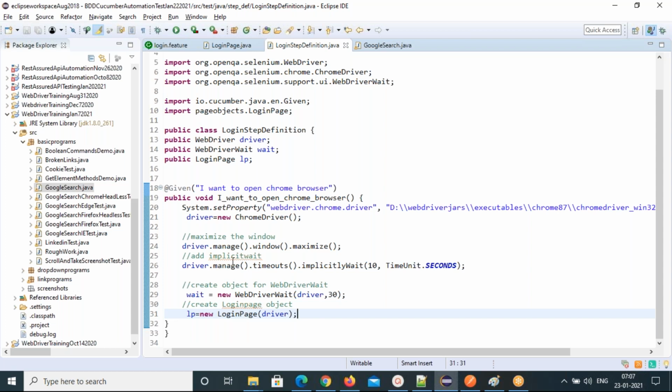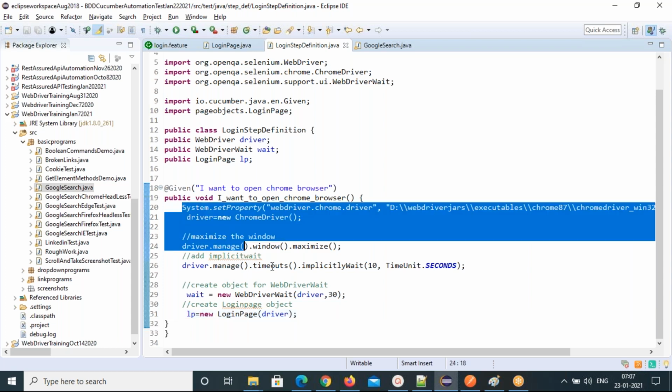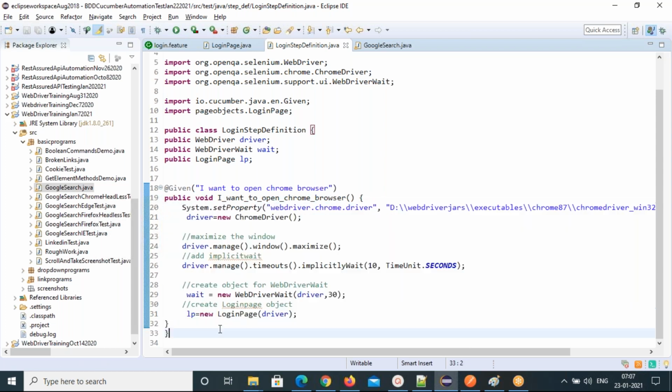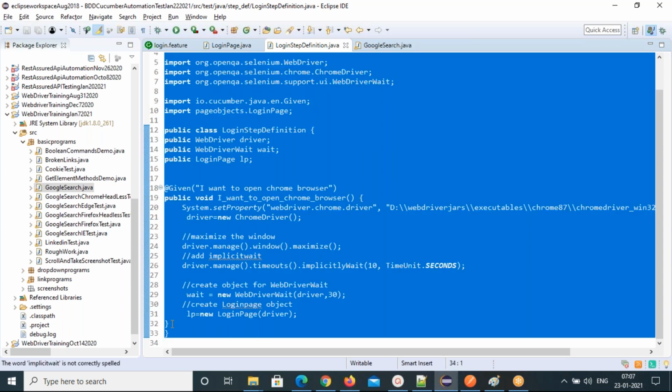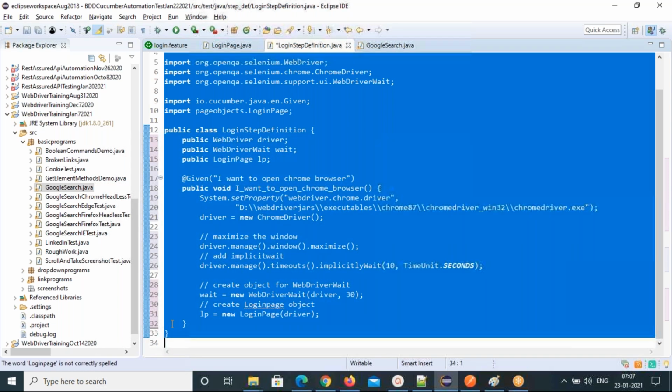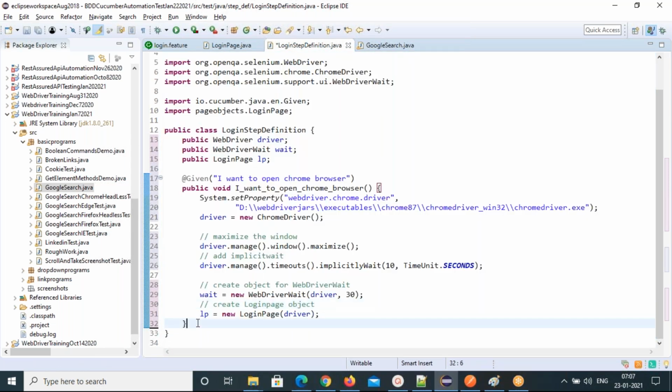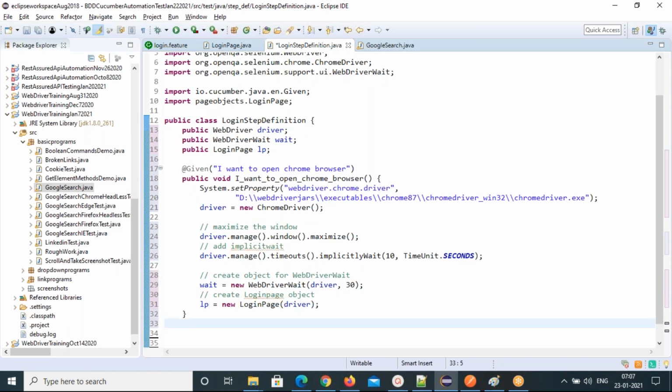For this step, the respective Selenium code you are writing here. That's it. Okay, is it clear? Any doubts here?